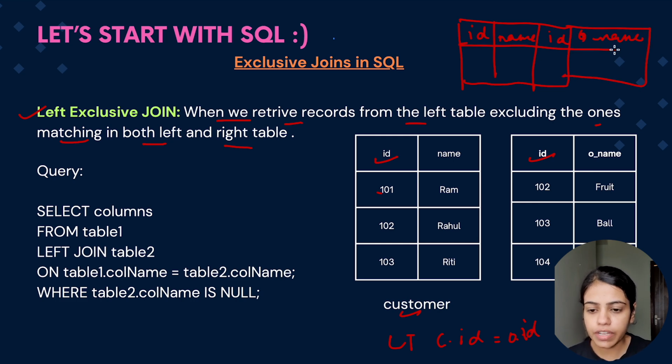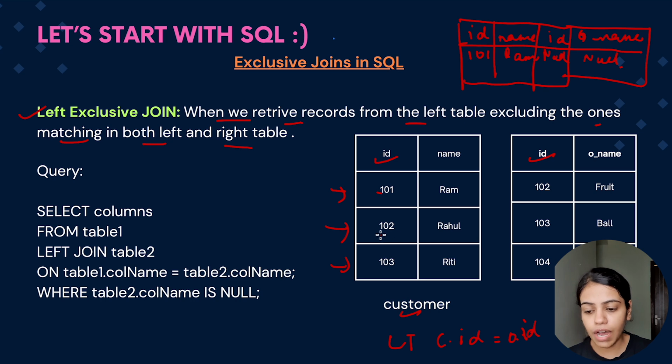So let's go to the very first row. Since it is a left join, we need to print all the information, all the rows which are present in the left table. So 101 Ram would be printed. Now it will check: is ID 101 present here? No, ID 101 is not present here. So we will fill null and null for it.